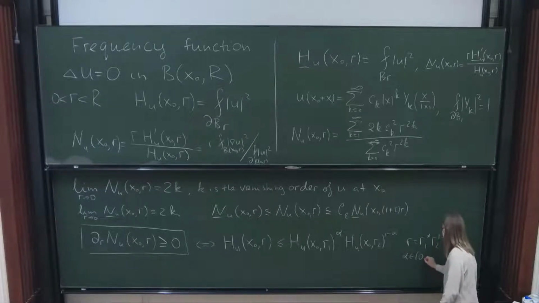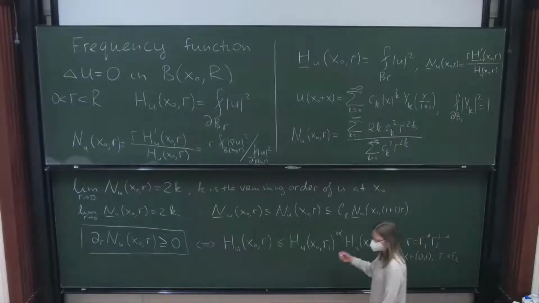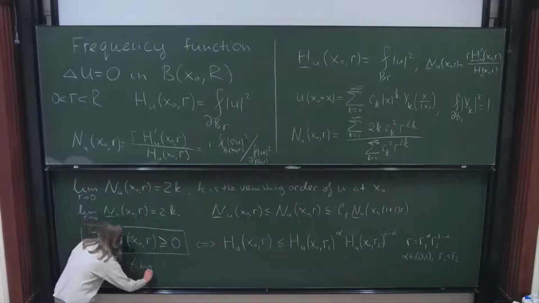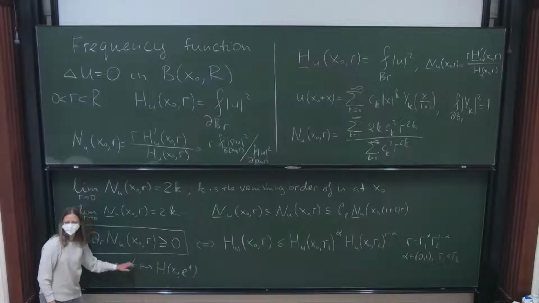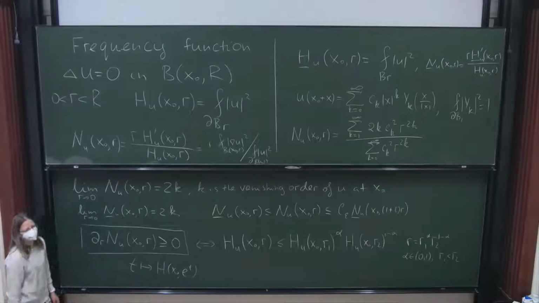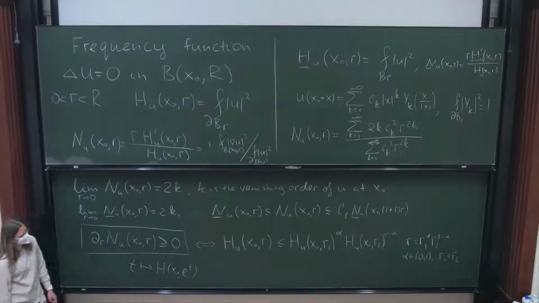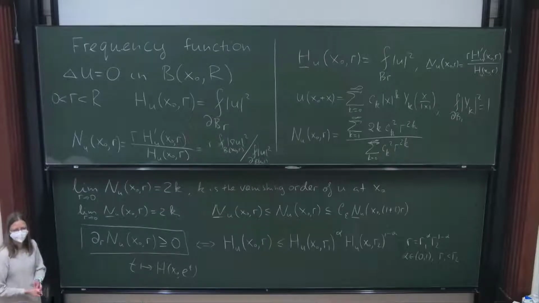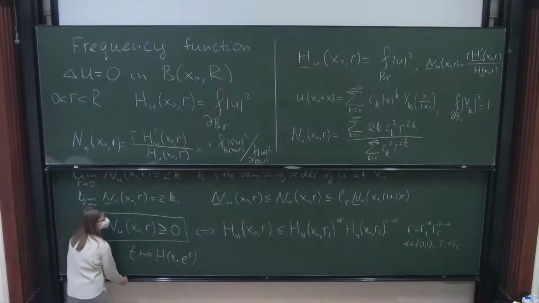Here r is between 0 and 1, and it doesn't matter whether the range is 0 to 1 or 0 to 2, sometimes small. So what is written here is that if you look at the function t to H, you'll see this is a convex function in t. This is exactly the second derivative of this. I promise that we're going to talk about things that are still true when we go from harmonic functions to elliptic equations. Definitely this is too much to be true. But what we can do for elliptic equations,